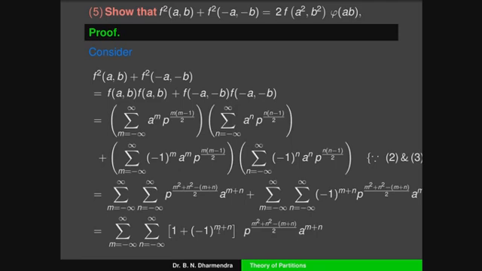Here we consider when m plus n is even. You can observe that when m plus n is even, the value becomes 2. Otherwise, if m plus n is odd, the value becomes 0, because 1 plus (minus 1) becomes 1 minus 1, which is equal to 0. So here we have to consider only the terms where m plus n is even. What is the value when m plus n is even?